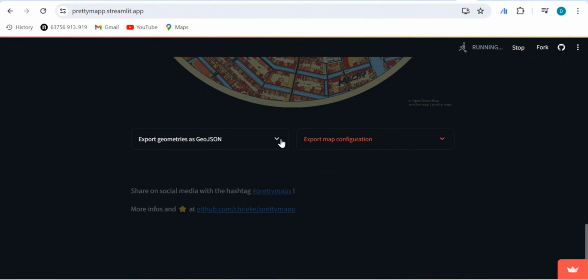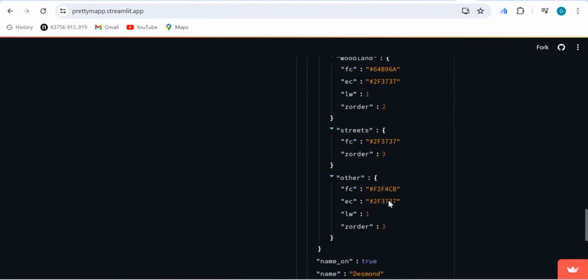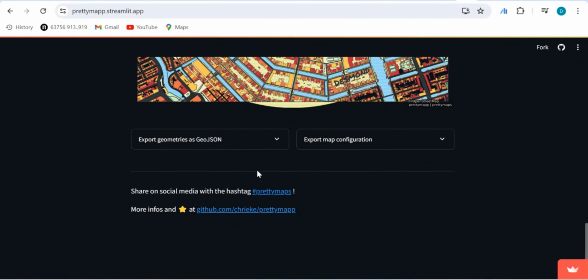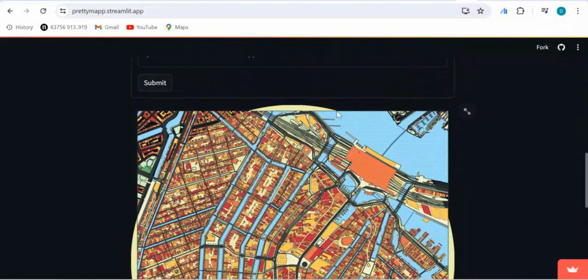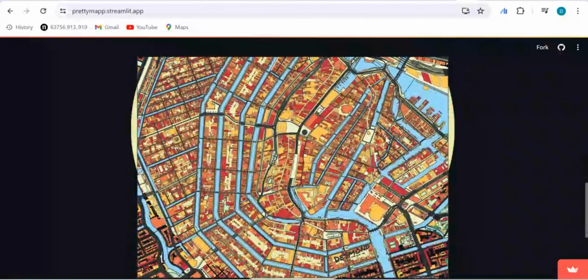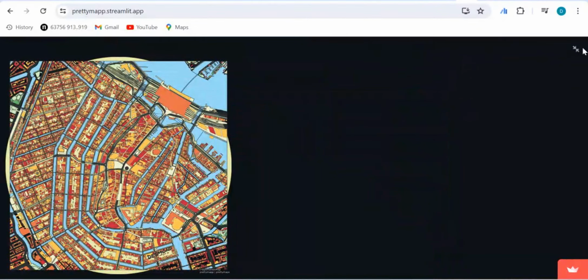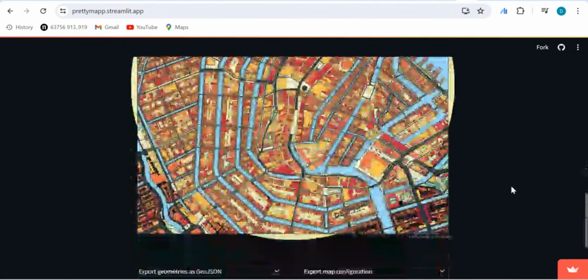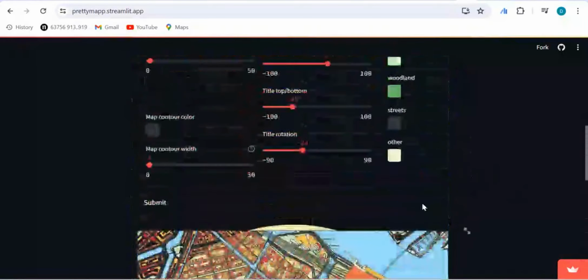It's also important to note that you can export the output as a GeoJSON, or even export the map configuration, or you can just copy this if you also want to use it for your own work. It's possible to embed it in any Python code. And now you can see that we made our own rectangle. I think I made it twice, so the second one is overlaying on the first one. But of course, if you are doing it, just make sure that you select this before you press submit, and the name is also changed, and then you have the OpenStreetMap tag here.